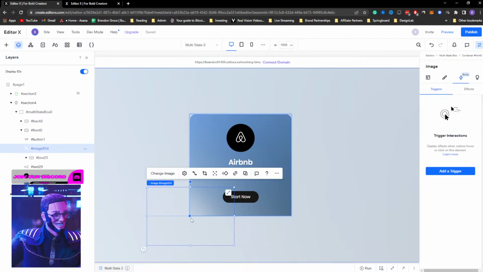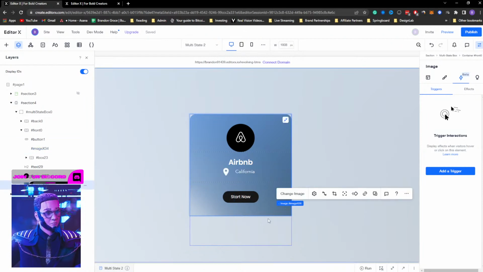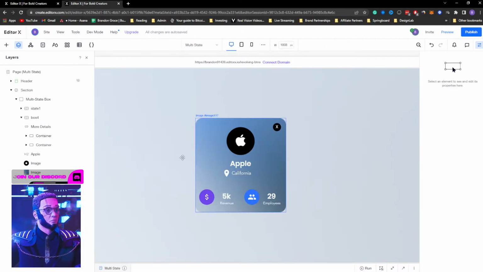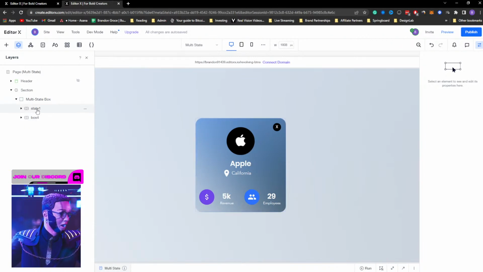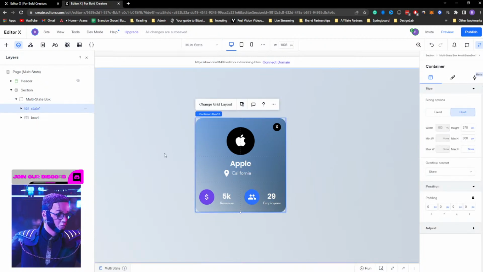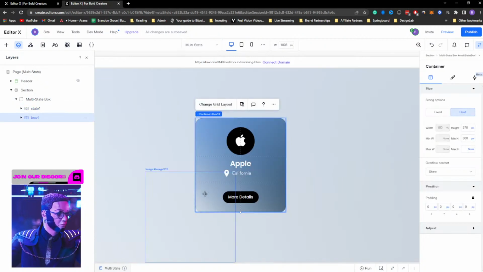This is why I did the secondary container, because it messed up this front container here. So what I would recommend is exactly what I did for the first iteration of this. This is why having everything in the same box did not work. So if we go to box 1,